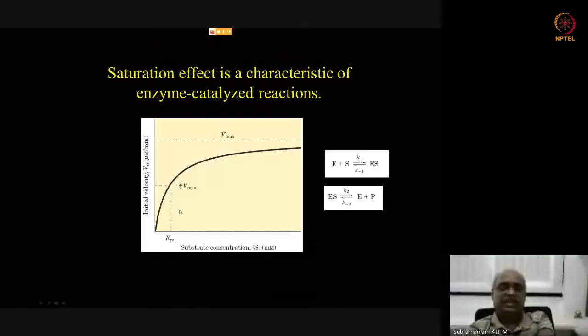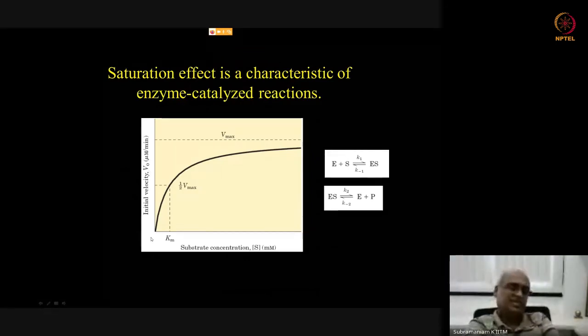So in this sort of a reaction, if we are going to call, let us say, V0, we are looking at initial velocity. The reason we are looking at initial velocity is that as the reaction happens, the substrate concentration changes because it is getting converted into product. And therefore measuring the rate in terms of the substrate concentration at later stages is not